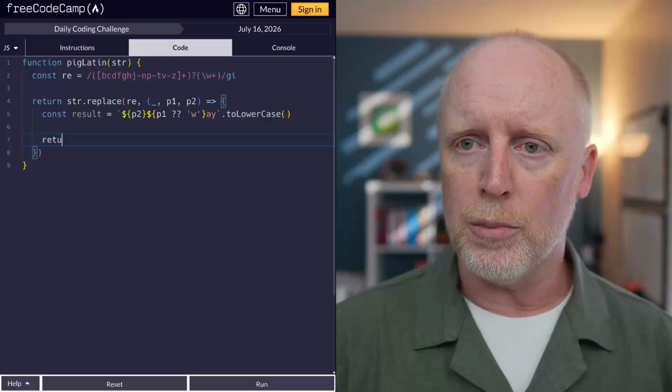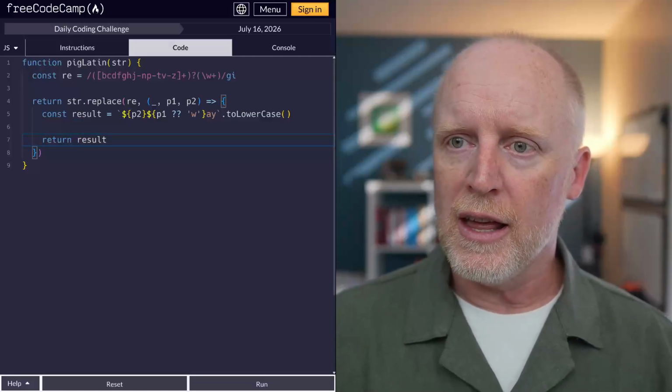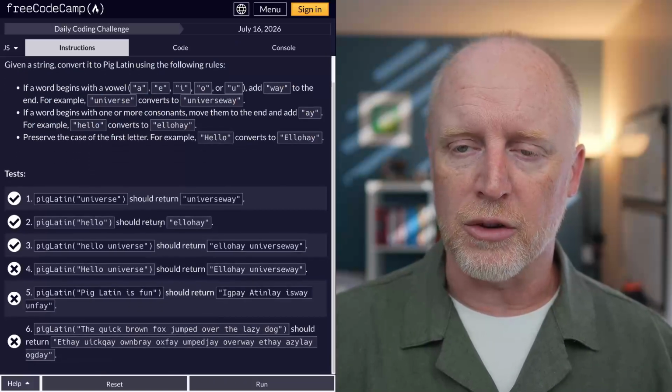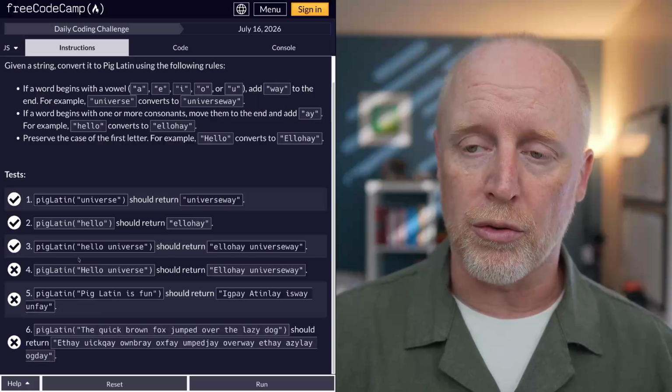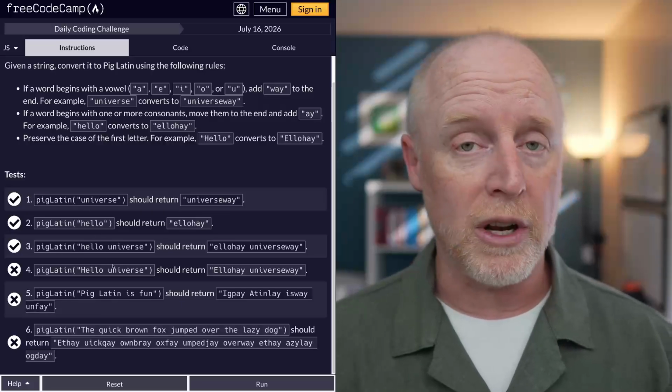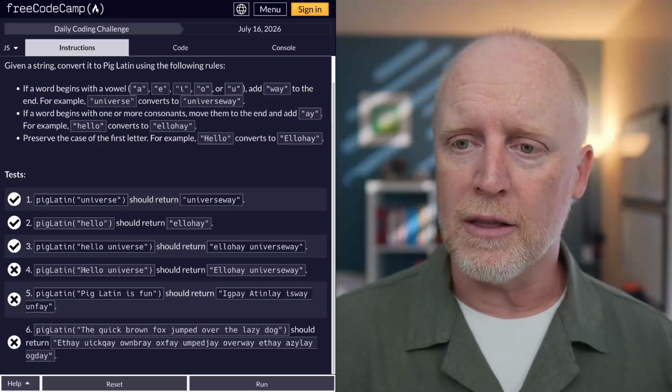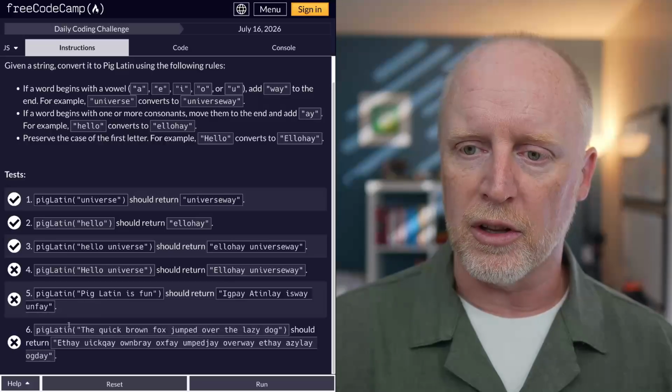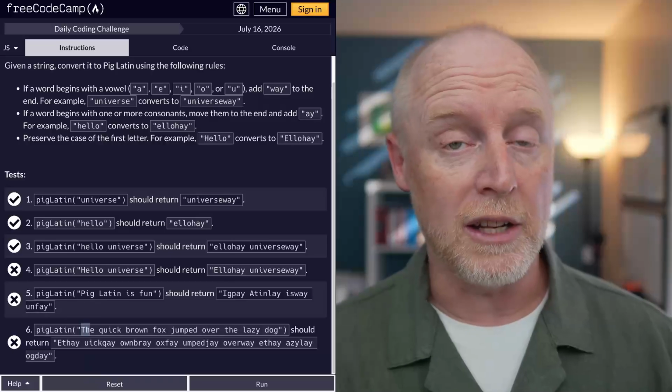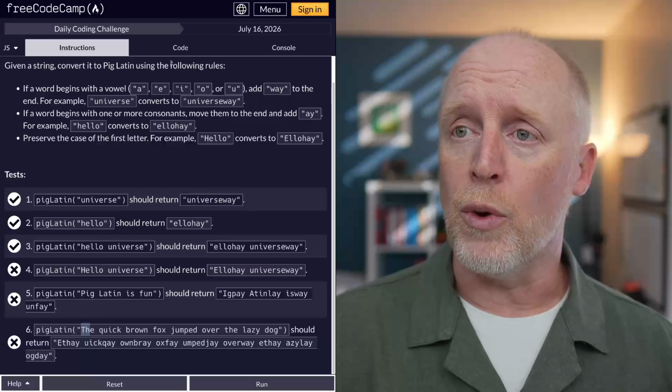And we should be able to return result and see some magic, which we do. We absolutely get 1, 2, and 3 because those are all lowercase. We didn't have to worry about the casing yet, right? The 4, 5, and 6 all have capital letters somewhere. So we need to take care of those, okay? And the way that we take care of those